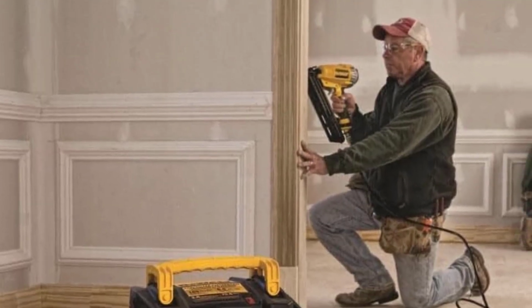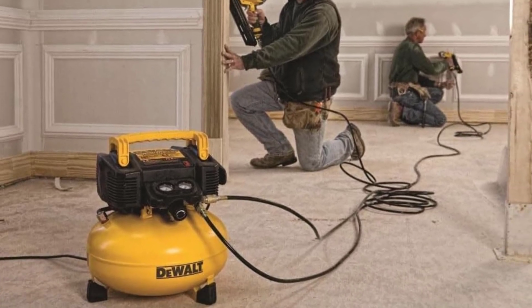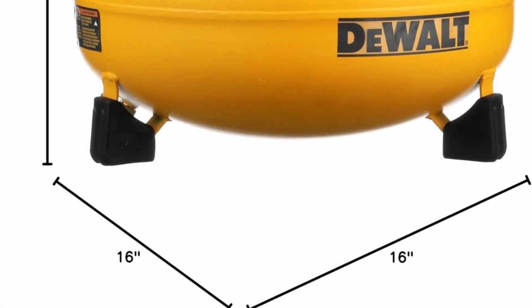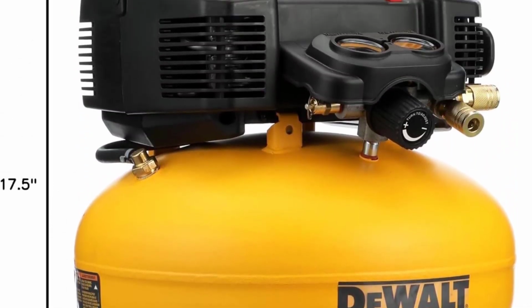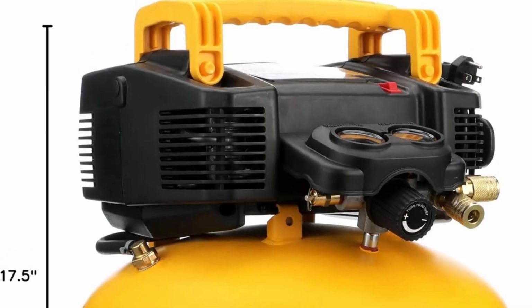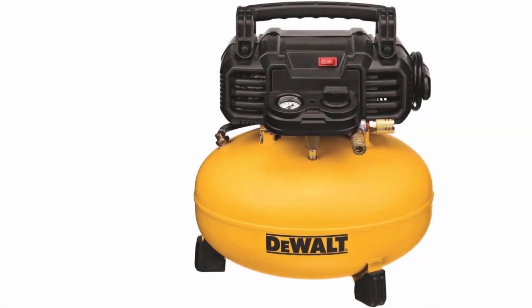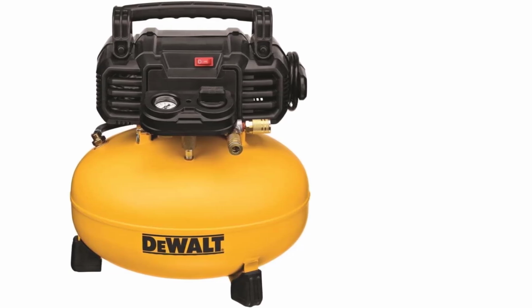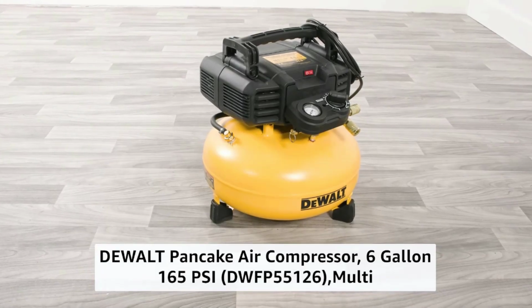In addition, this Dewalt has a strong 120V motor that can run smoothly for hours at a time. A flow regulator located on the body directs airflow from the tank to your equipment. Plus, it's specially designed to work in cold weather, which is beneficial. Many air compressors become damaged when temperatures dip. We appreciate that it comes with 2 universal couplers on its body, so you can use it with multiple tools